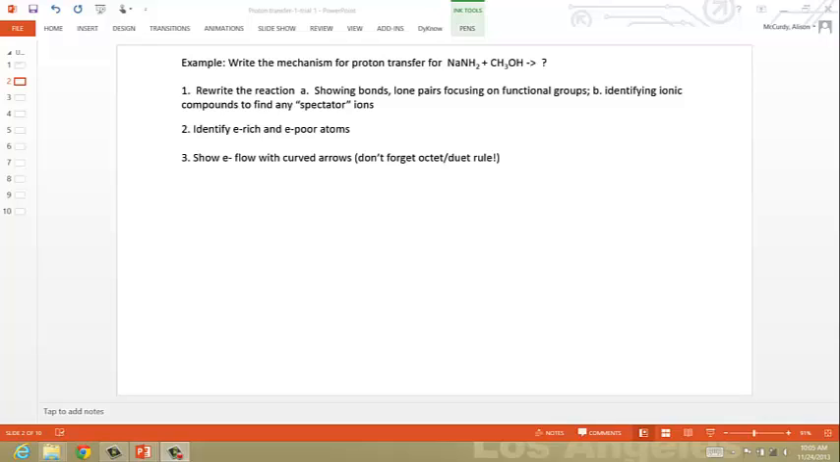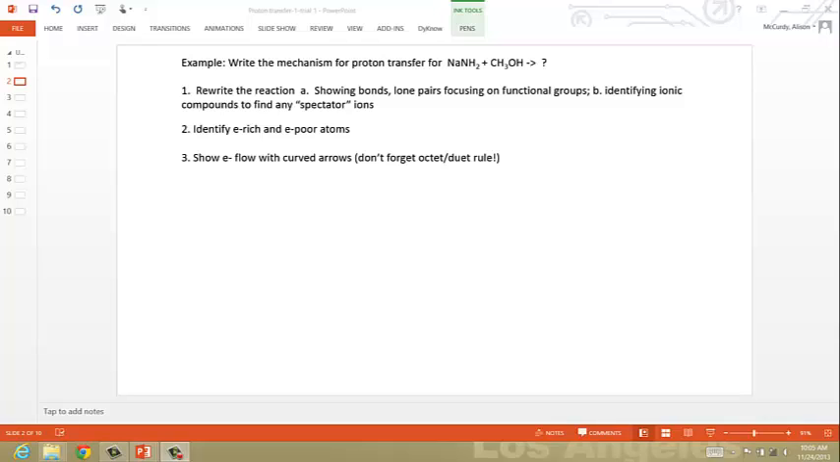So the first thing you do when you get a problem like this is you want to rewrite the reaction. There are a couple of reasons to do that. You want to show the bonds and the lone pairs that might be involved in the reaction, and you don't know what they are exactly because you haven't completed your analysis. But it's helpful to see what bonds are there, what lone pairs are there, so that it can help you with the analysis. The second thing is it helps you identify any ionic compounds so that you can identify spectator